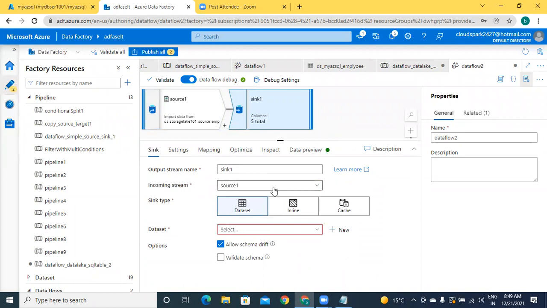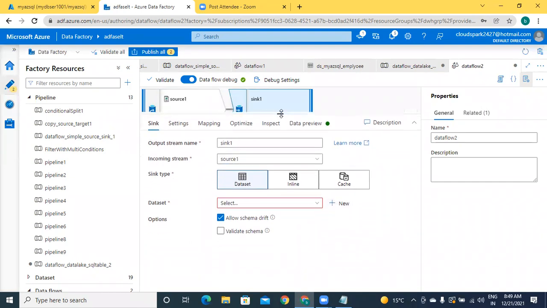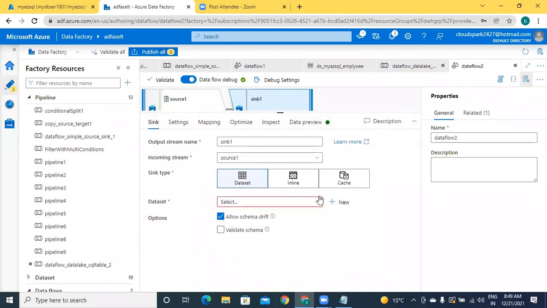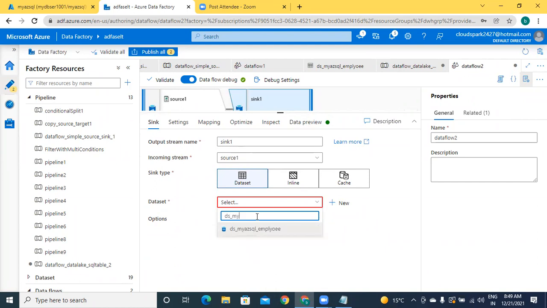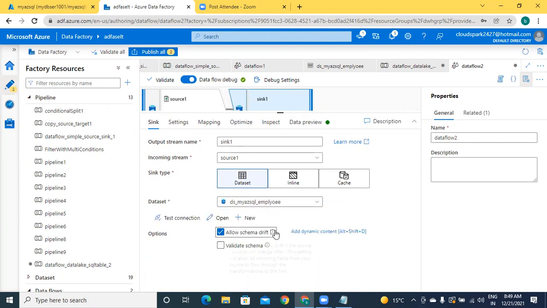Same as usual, same names I'm giving. What is the data set? It should be a table. Previously we created a data set for this table. What name have we given? ds underscore my az SQL underscore employee. This name we have given.